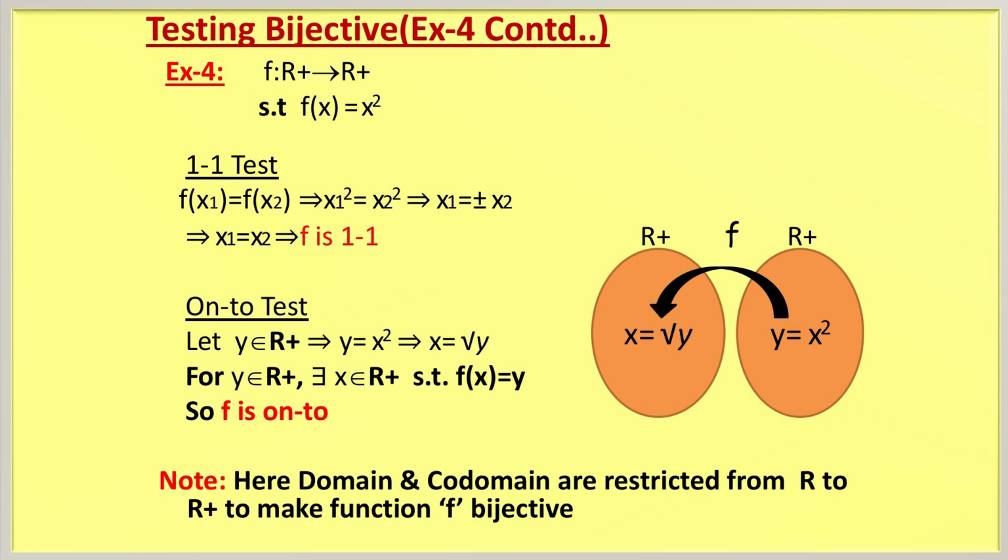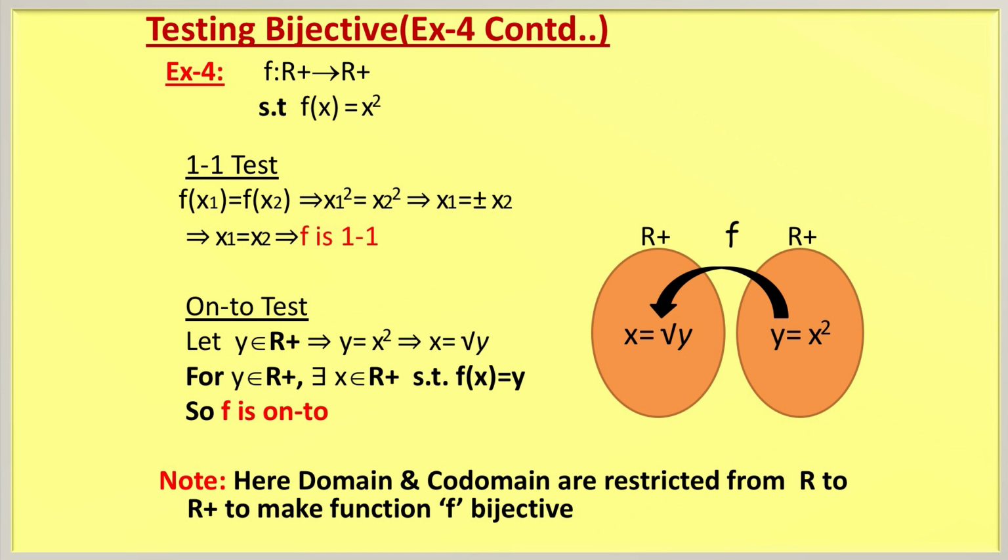Now, this is the last example, which is all continuing: f from R plus to R plus such that f(x) is equal to x square. R plus means set of positive real numbers, we have already discussed. So, this function is one-one and also onto. In the last slide we have already discussed, but for one-one we have to prove here. Example is not sufficient, example is just the verification.